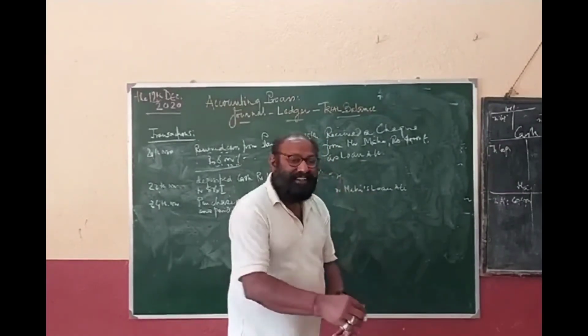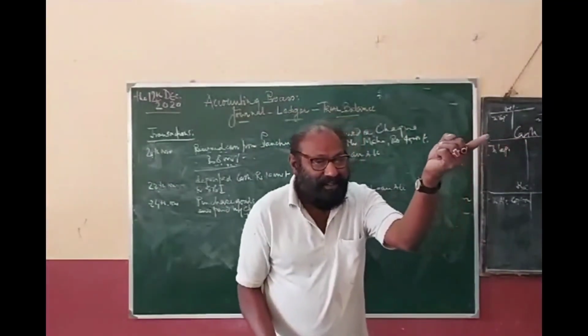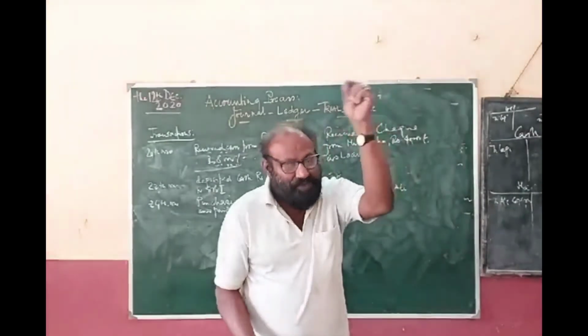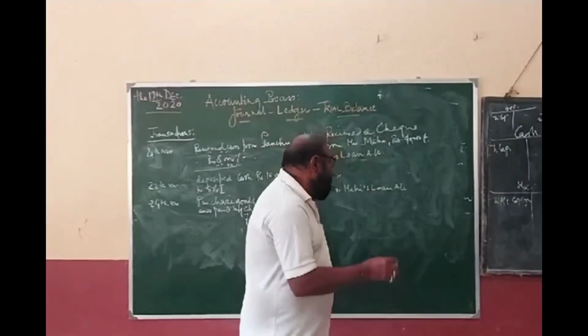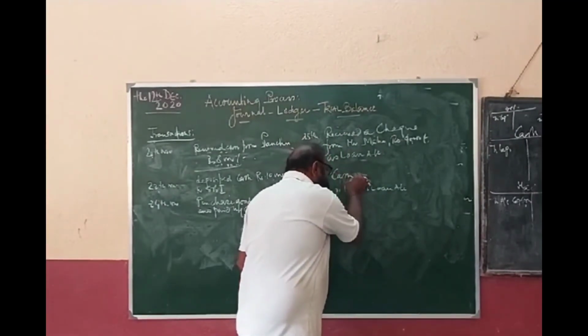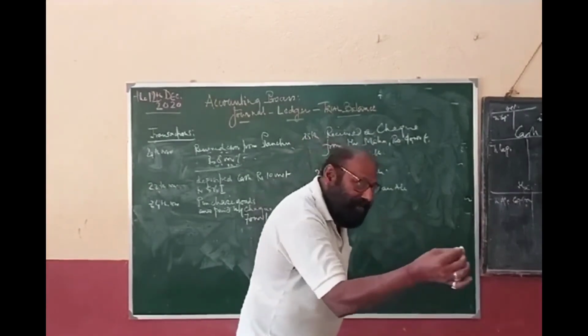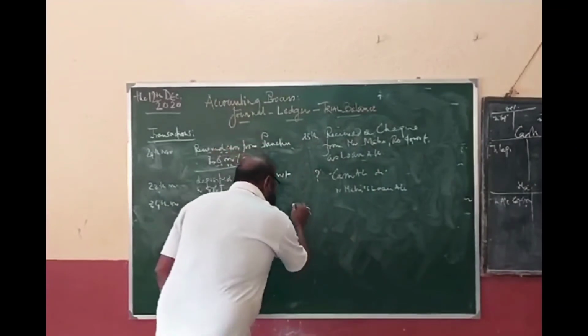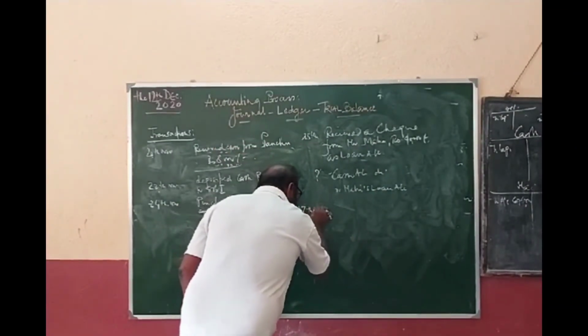A check is nothing but an order he has given to his banker, and from his banker he will get the amount. Whenever a check is received, you treat it as cash. Cash account debit. Clear? And on the same date, 7 November: